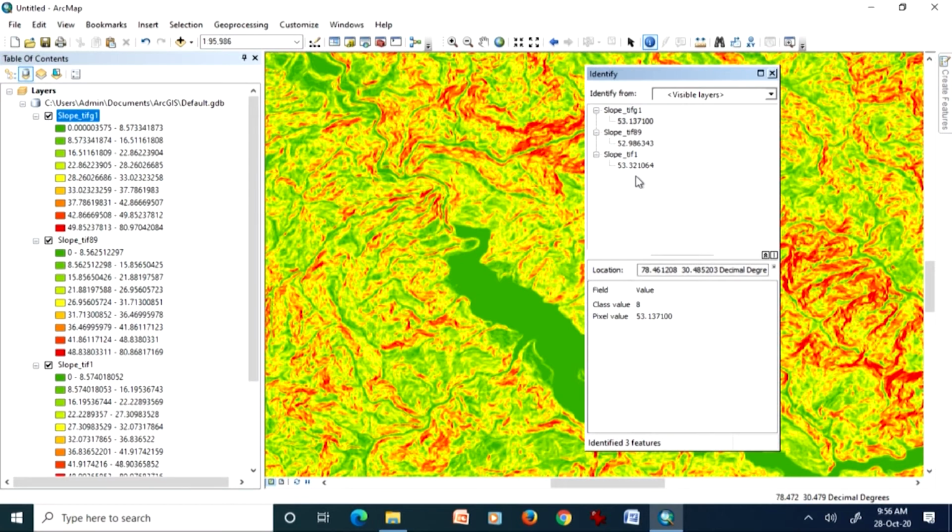So for this particular cell, because both have Z factor 1, both are giving quite close results, whether it is the geodesic method or the planar method.